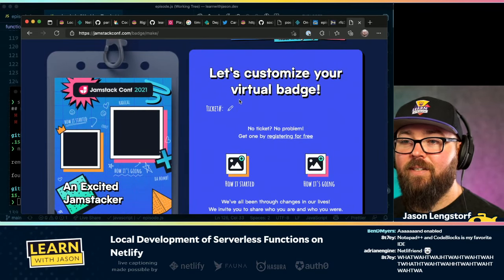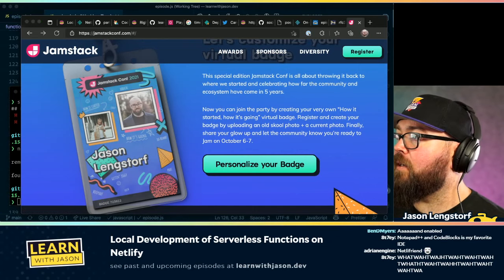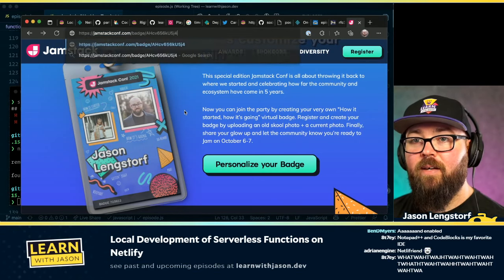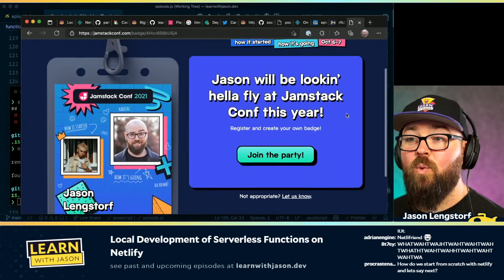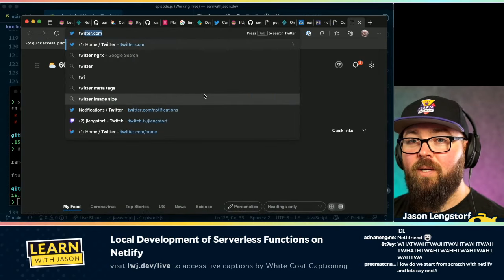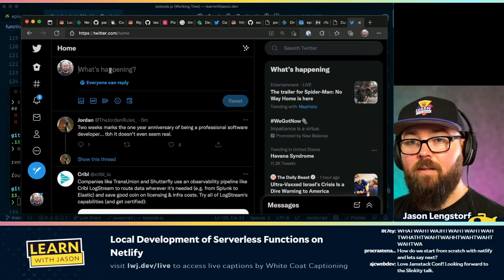Now I already have a ticket number, so I've already done this, and I have it over here somewhere. Where did it go? It's here. So check this out. I have a badge that I've personalized, and you can then personalize your badge. And if you share this on Twitter, which I guess I can just do now,